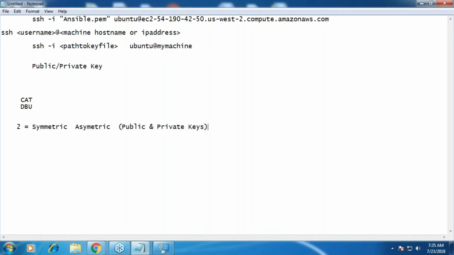Exactly over here, you will create something like public and private keys. Simple. Whenever you are sending a message, you encrypt with the public key. The only person on the earth who will be able to decrypt it is the one who has the private key. No one else will be able to decrypt it.